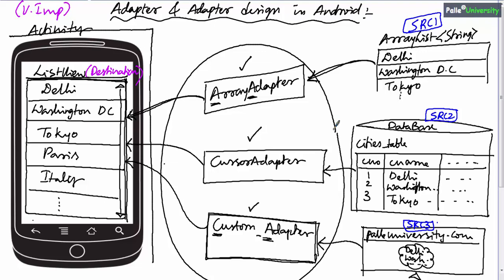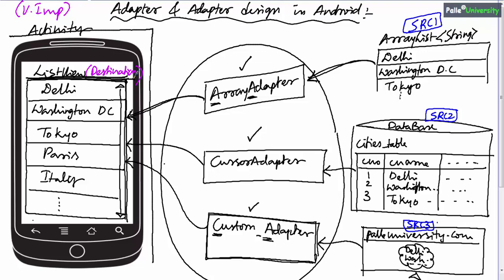User can see only adapter views. Only programmer will understand what is an adapter. Here in this pictorial representation, I have marked list view, which is an example of adapter view, as destination. Remember, adapter views will always sit as destination in adapter design pattern, whereas adapters will sit in between source and destination as a bridge. So that is the main differentiation between adapter view and adapters.